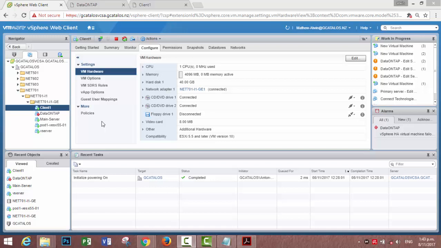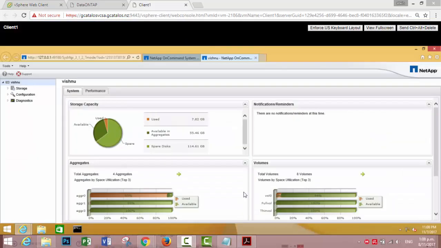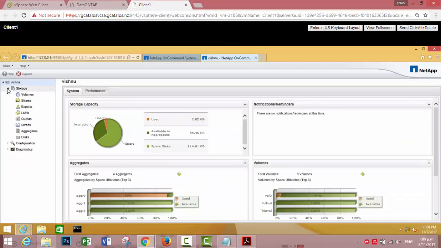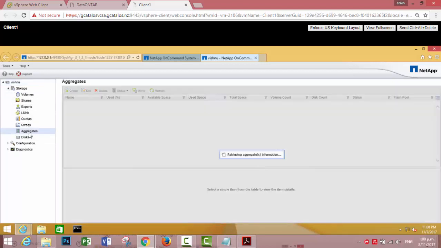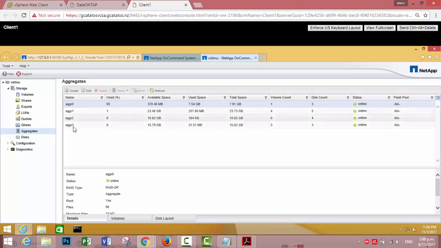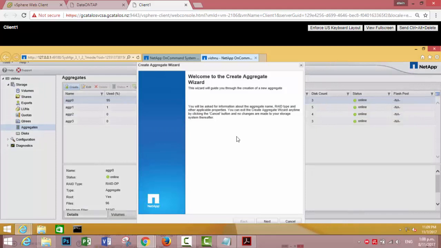For that, navigate to the client and start up the NetApp OnCommand System Manager. In the System Manager, navigate to Storage and click on Aggregates to create an aggregate. I have already created a few aggregates here before, but I'm just going to demonstrate how to create a new aggregate. To create an aggregate, click on the Create option, and we will be taken to the Create Aggregate